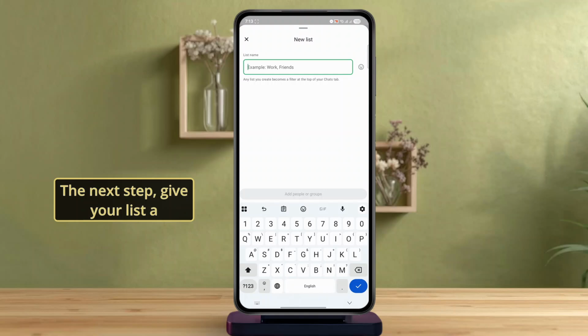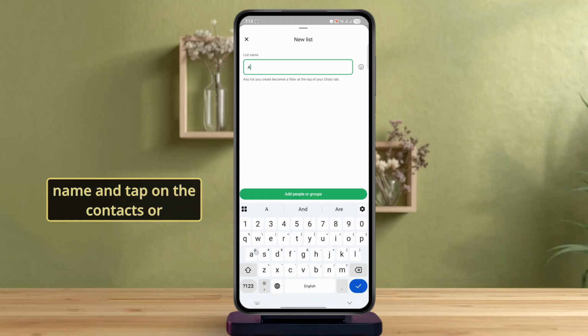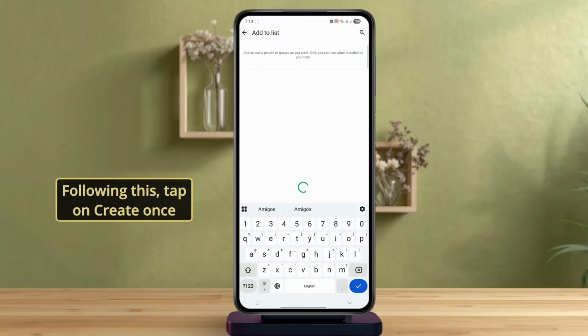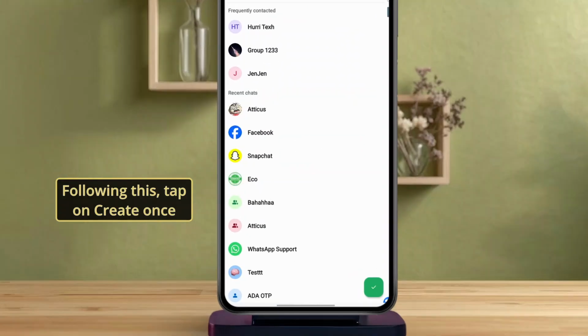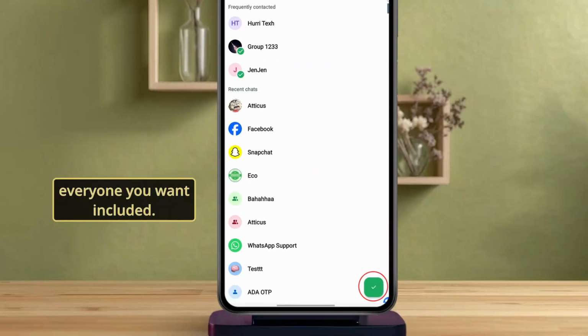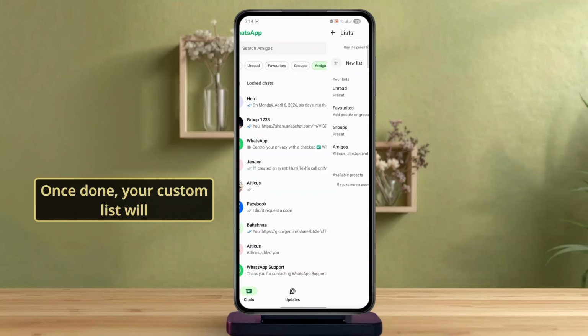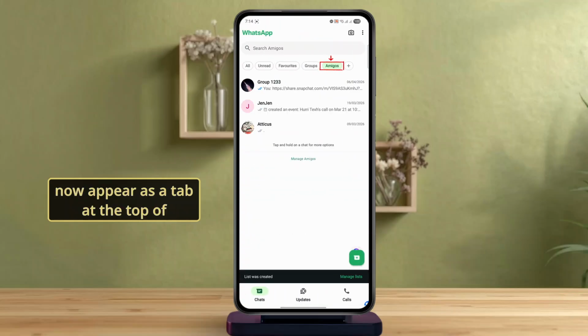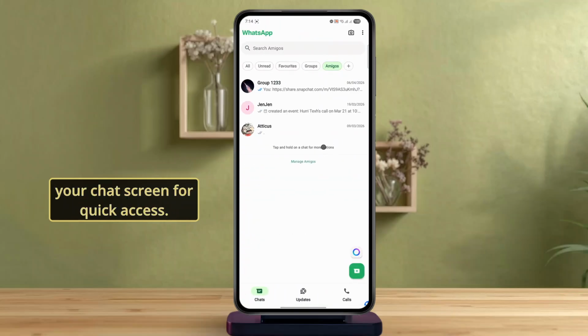And the next step, give your list a name and tap on the contacts or groups you want to add to it. Following this, tap on Create once you have selected everyone you want included. Once done, your custom list will now appear as a tab at the top of your chat screen for quick